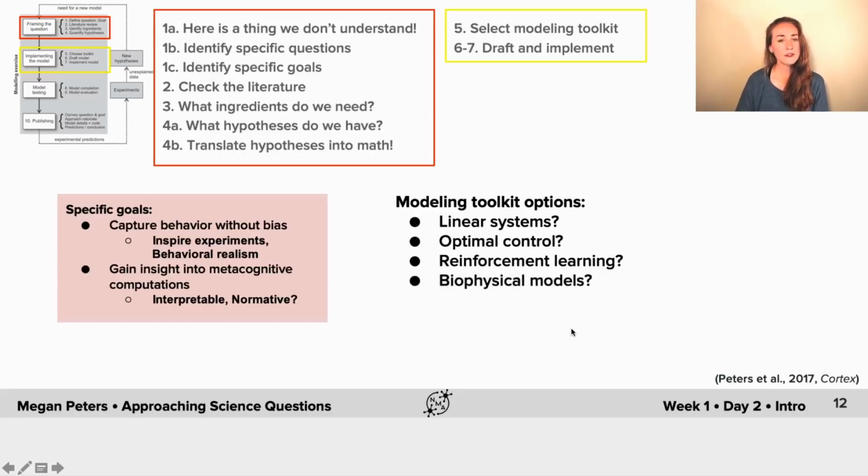How about a biophysical model, a biophysically plausible model, like a leaky integrate-and-fire or something like that? So this could potentially work. There's some noise there, some stochasticity. But keeping in mind our goals, which are that maybe we want something interpretable, we want something normative, we want it to be behaviorally realistic all the way up at the level of behavior, not at the level of neurons. So maybe biophysical plausibility is a little too much detail. Maybe we can get away with not specifying neurons and their connections, and we can just use something that's a little bit more zoomed out.